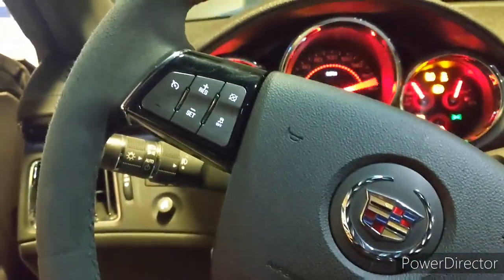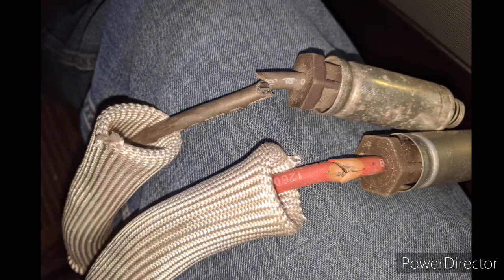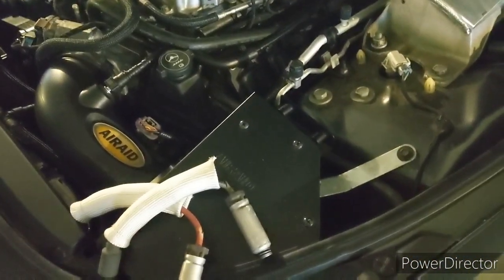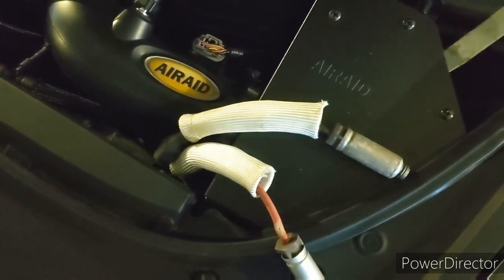All right, so I think I might have found the problem. She's definitely misfiring. But there's a spark plug wire, and it looks like, yep, it's grounding out on the headers. I think that's our problem there. So this is 5 and this one's 7, and we had a misfire on cylinder 7. So now I got the car sitting here in the parking lot, and I gotta try to find a set of wires and some sort of heat boots